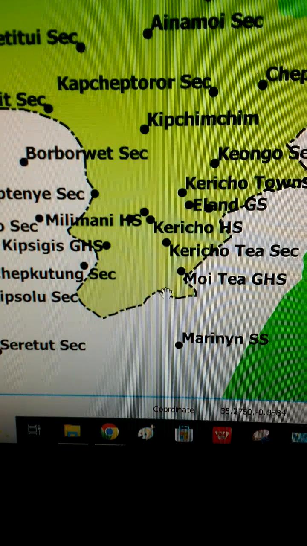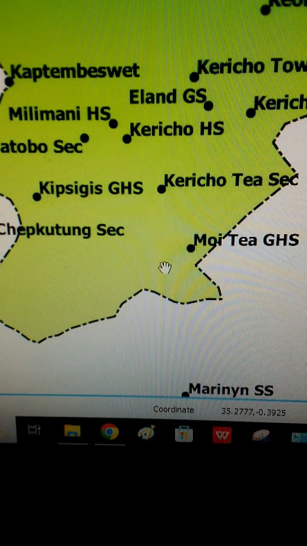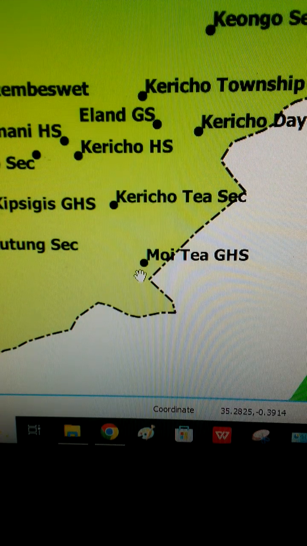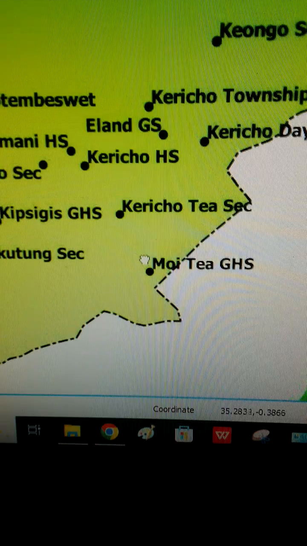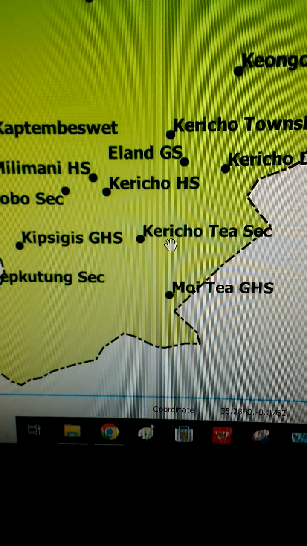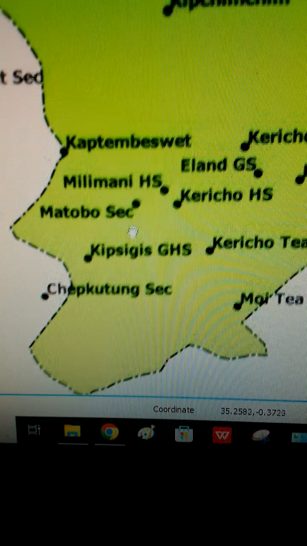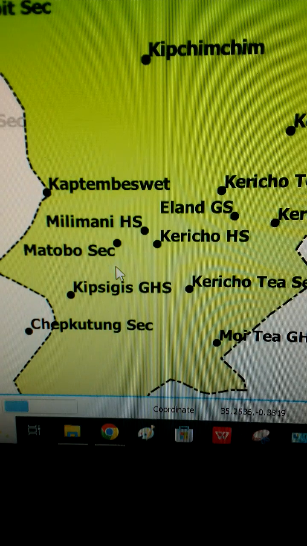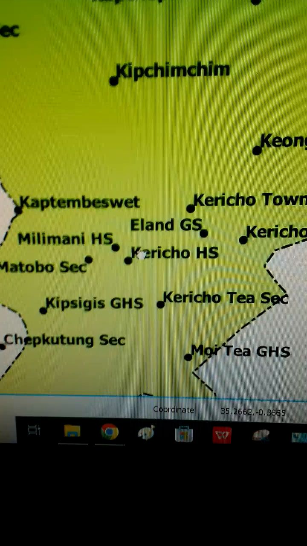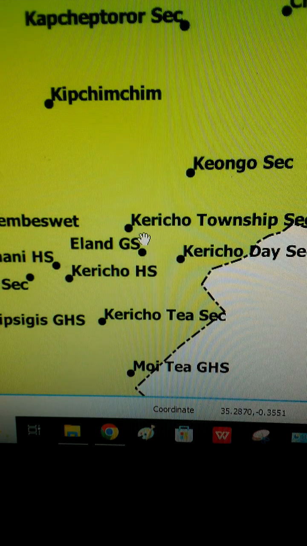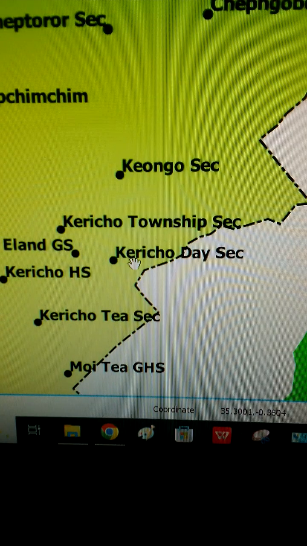Let me start from the south. We have the following schools in that constituency of Ainamoi. We have Moi T Girls High School here. Then we have Kericho T Secondary School. We have Kipsigis Girls High School, Matobo Secondary School, Kericho Boys High School, Milimani High School, Eland Girls Secondary School, Kericho Township Secondary School, Kericho Day